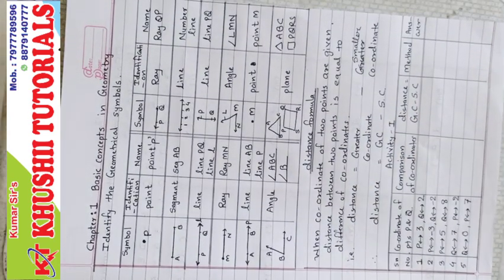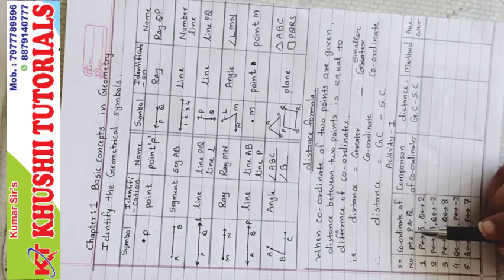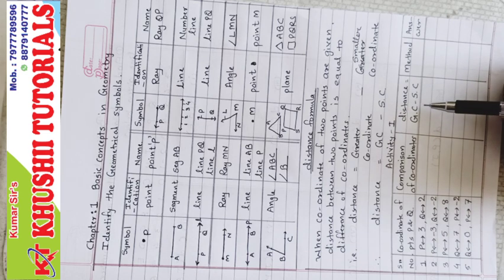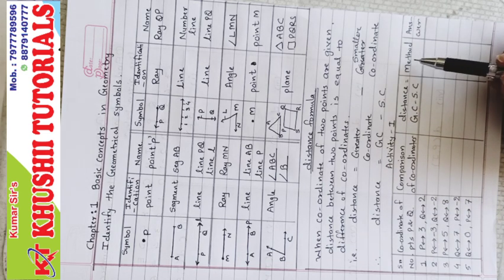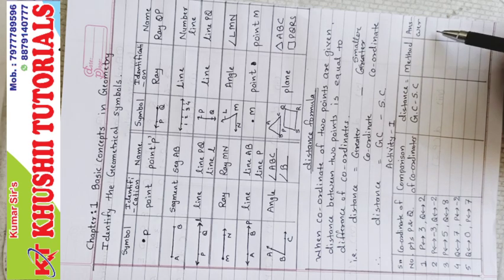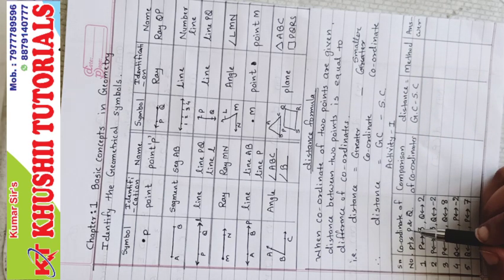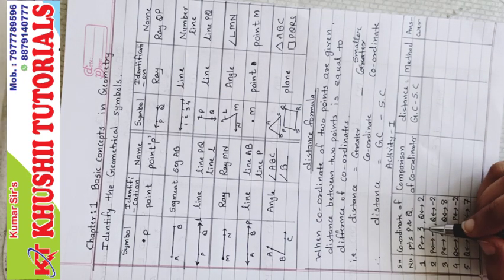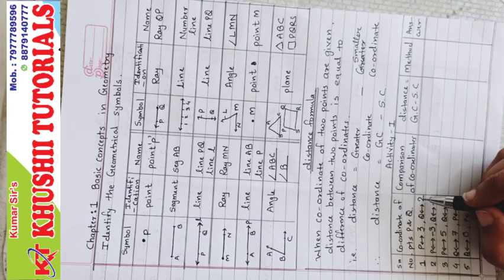Okay, the first one. Points are P and Q. Here we will compare the points, then we will write the formula of distance. So we will do subtraction of both the points. Here the method if required, and the final answer. Now we need to find the distance between P and Q. P and Q are random points where the P coordinate is 3 and the Q coordinate is 2.